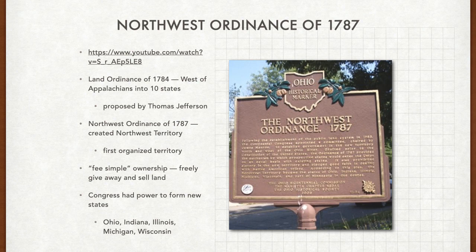It's quite a lot. It created the Northwest Territory, which was the first organized territory in the United States. The ordinance also established fee simple ownership, which gave landowners the power to sell or give away their land whenever they wanted to. Now, this is huge because when England owned us, you had to go through your state governor in order to get land, right? You had to maybe sign a contract where if they gave you this land, then you maybe volunteer for military service, or you had to pay certain taxes in order to even buy the land. Well, now that's out the window.